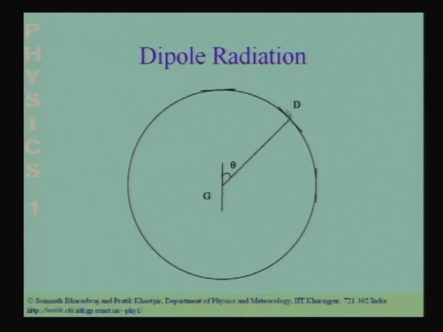let us ask the question, what is the direction of the electric field here? So, you have to take the line of sight from this point to the generator. This line over here shows the line of sight from the point where I wish to calculate the electric field to the electron that is oscillating up and down. You have to take the component of the acceleration perpendicular to the line of sight.